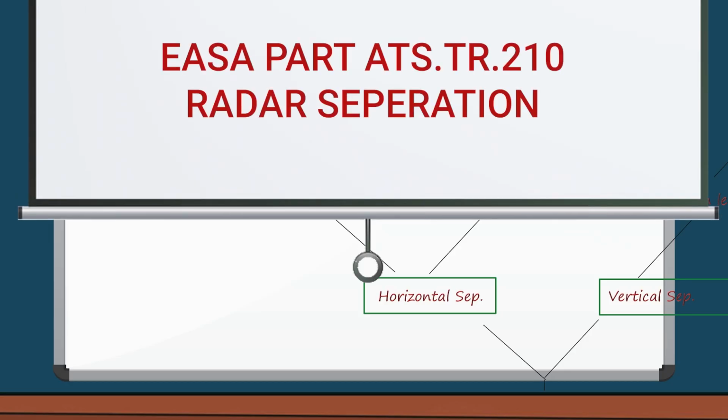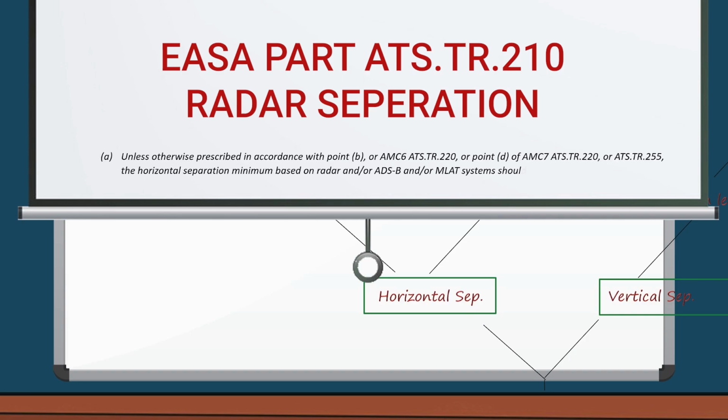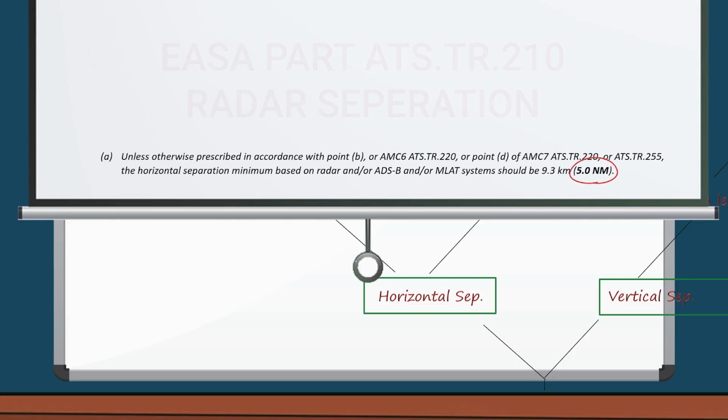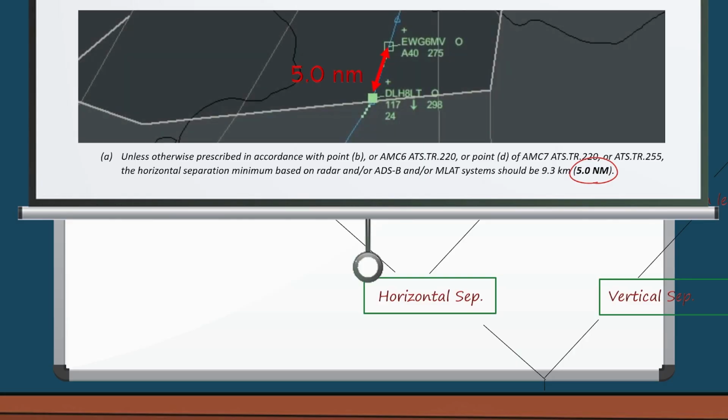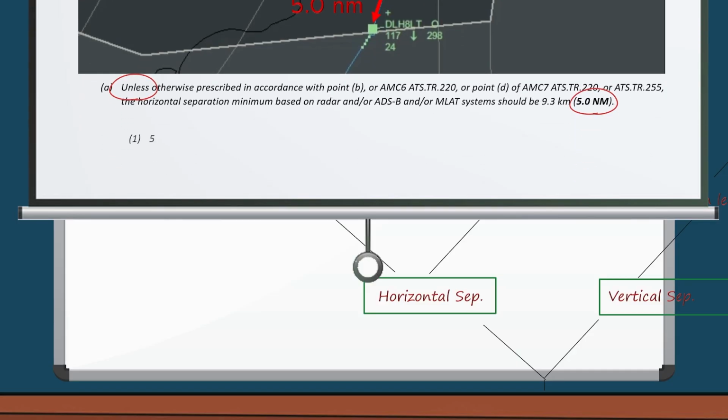Into EASA Part ATS TR 210 concerning radar separation. You also see that this so-called separation for everyone has a few asterisks, but in general, unless otherwise prescribed in accordance with point B of AMC 6 and AMC 7 and ATS TR 255, the horizontal separation minimum based on radar and on ADSB and or MLAT should be 9.3 kilometers or 5 nautical miles. That's the one. Separation at all times, regardless of anything else, must be 5 nautical miles or greater, unless